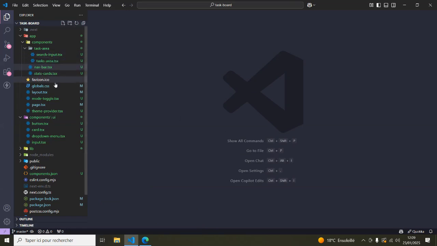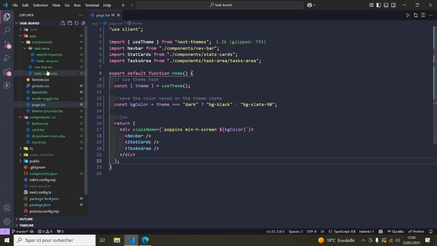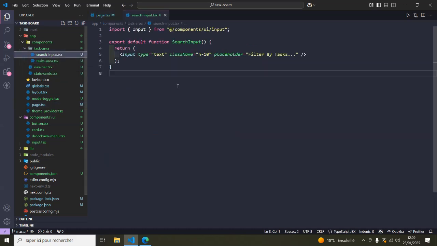Here, if we go to the page.tsx, we're going to have the tasks area component. This is the new component, and it is coming from this file. I created it because we're going to be adding other components inside the task area. Just to organize things, I added the task area folder. We have the search input and the task area. The search input is a very basic component. We're going to use the input component from shadcn. The type is going to be text. I made the height a little bit